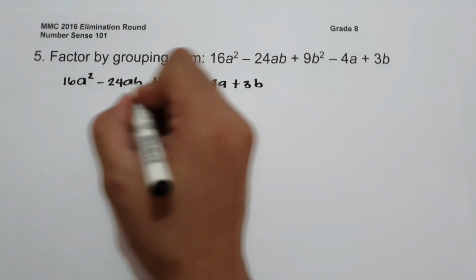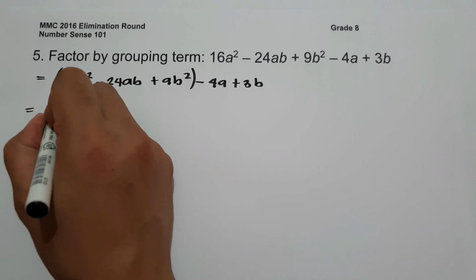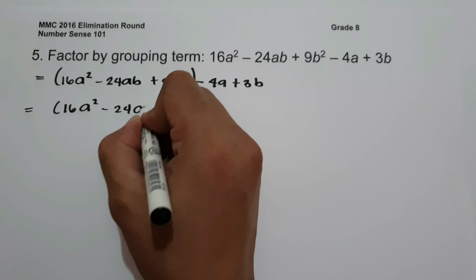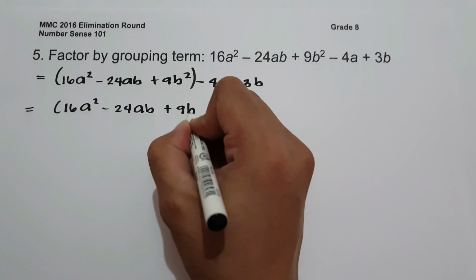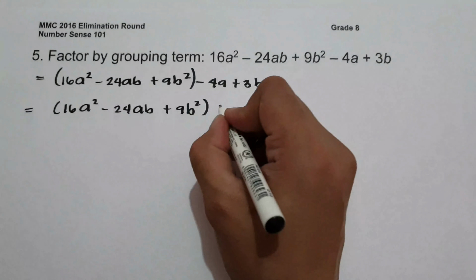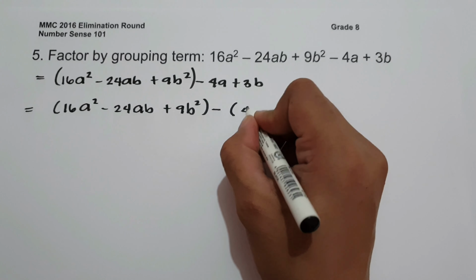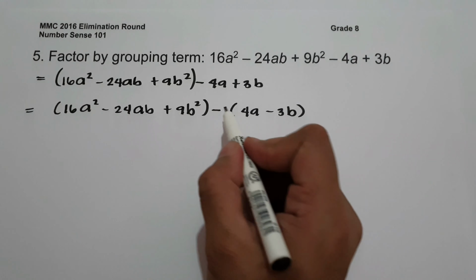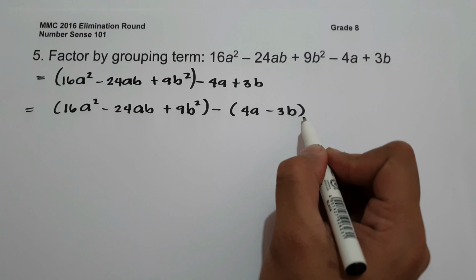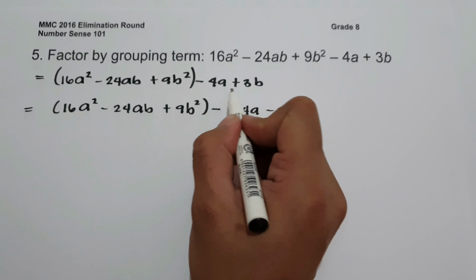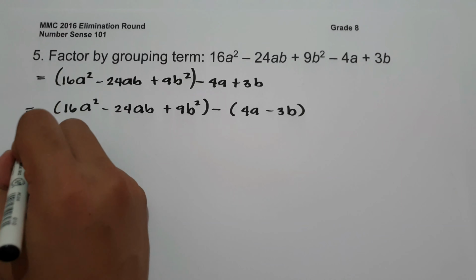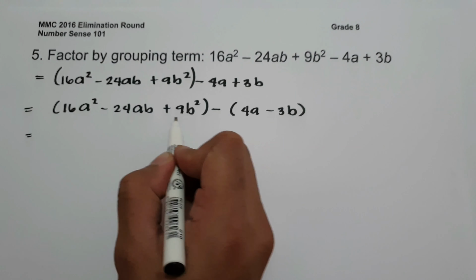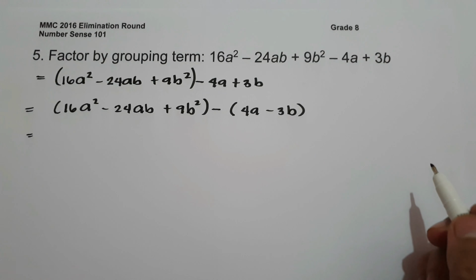So the first group will be 16a squared minus 24ab plus 9b squared. And the second group will be negative quantity of 4a minus 3b. If you are going to distribute the negative sign on 4a minus 3b, you are going to have negative 4a plus 3b. And then, since 16a squared minus 24ab plus 9b squared is a perfect square trinomial, we just simply